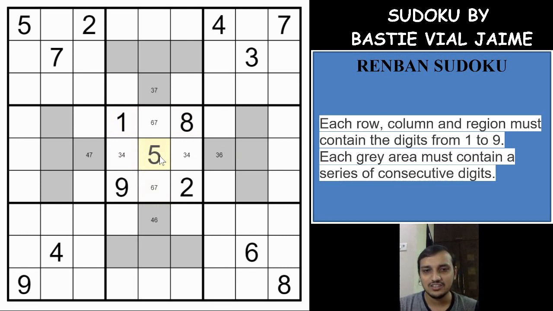What a logic! If you see, these kinds of logic are very rare to be seen, and no computer generated Sudoku can get you these kinds of logic. So now we have, just erasing these pencil marks. So we got one more logic here: if you have a 4 here, you will have a 3 here, and you will have 7 and 6 here, and if you have a 6 here, you will have a 7 here, and you will have 4 and 3 here, right?